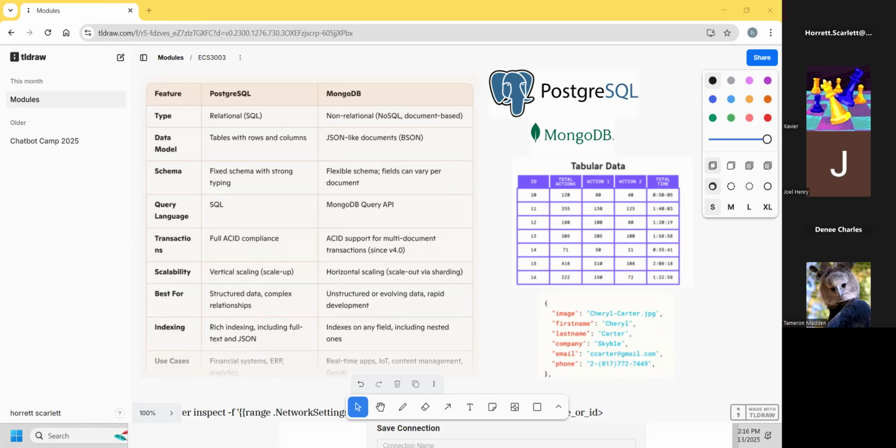And once again, we're going to run into space constraints or considerations. So because of the rigid structure of tables,